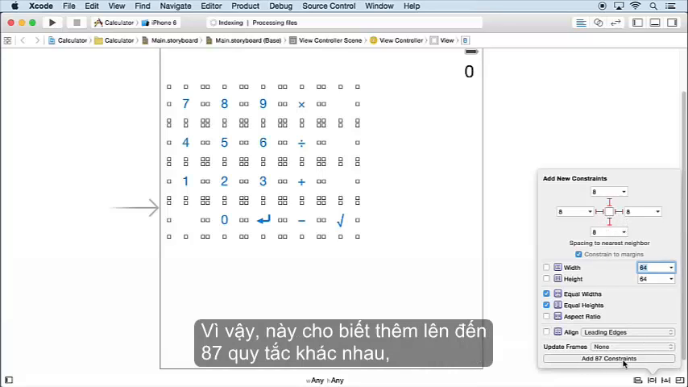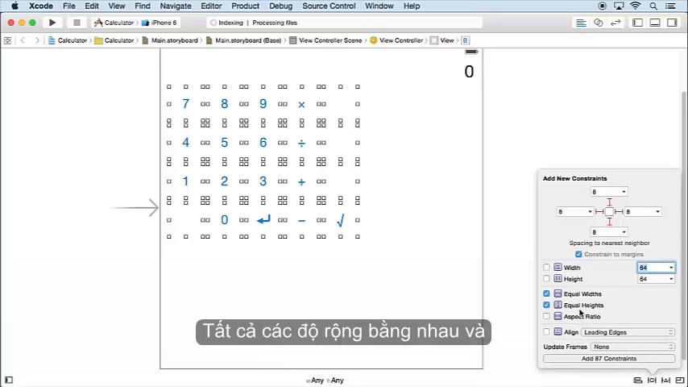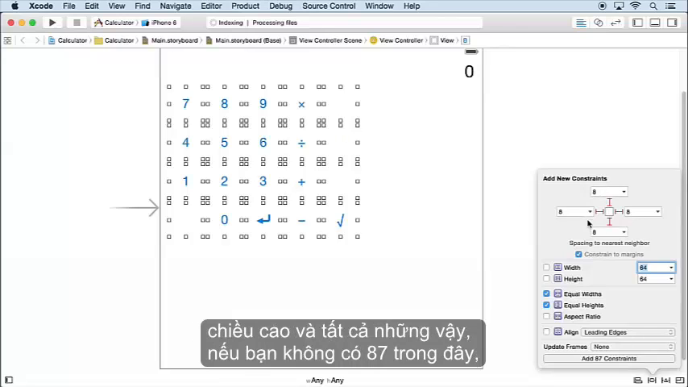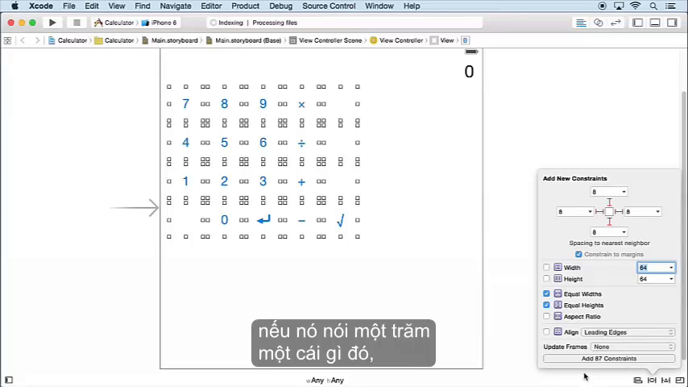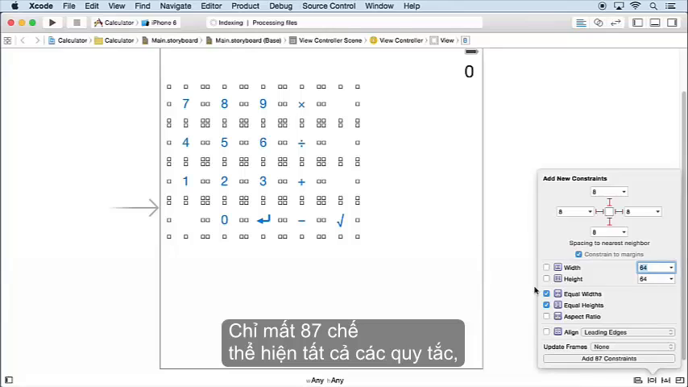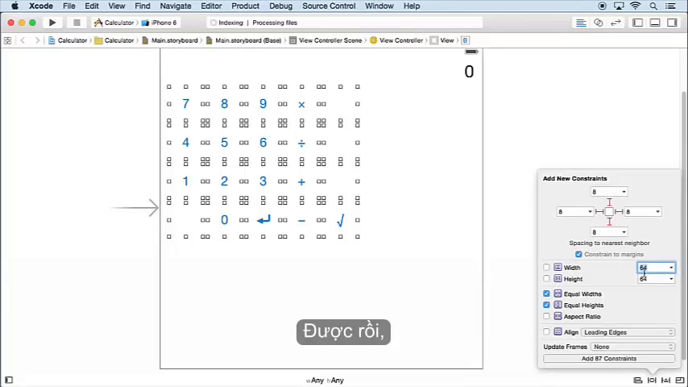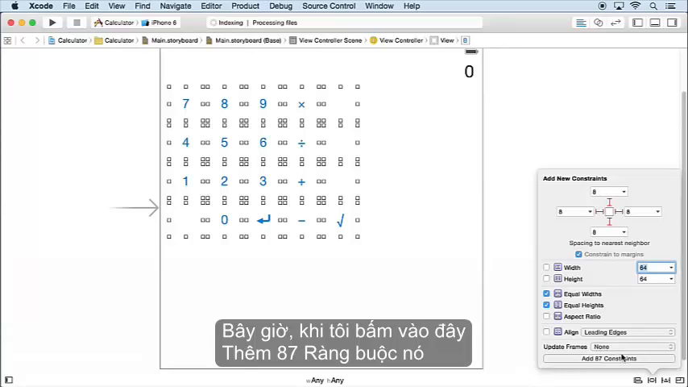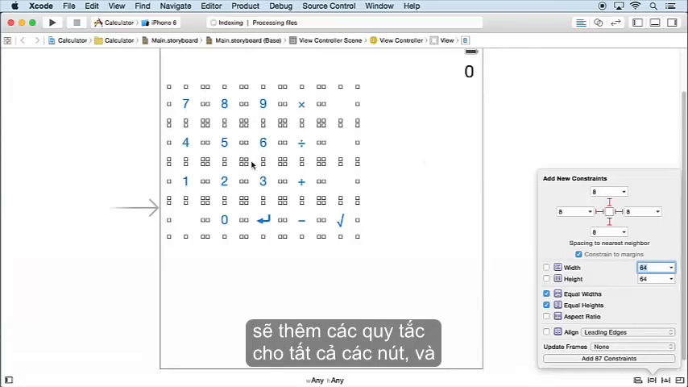So this adds up to 87 different rules. All these equal widths and heights, and all these spacing neighbors. So if you don't have 87 in here, if it says 100 and something, whatever, probably you don't have everything lined up right, because it only takes 87 constraints to express all these rules. All right. Now, when I click this add 87 constraints, it's going to add these rules to all these buttons,